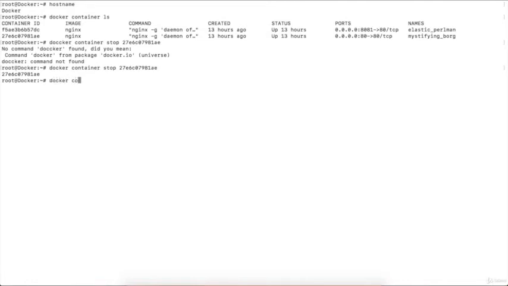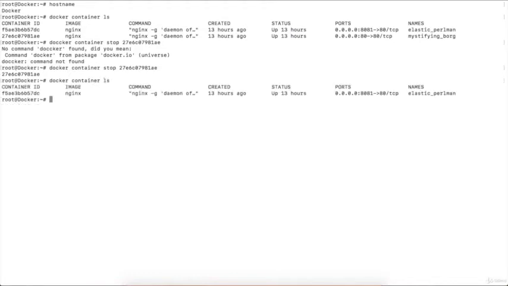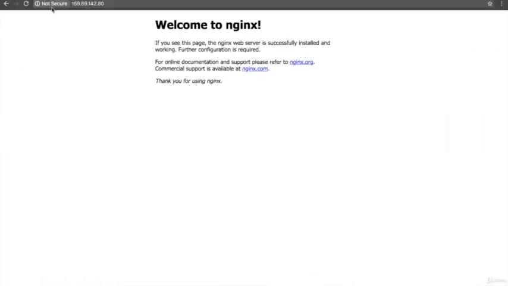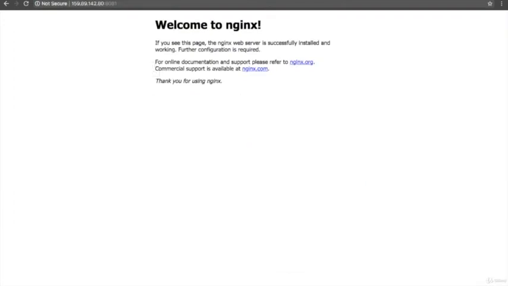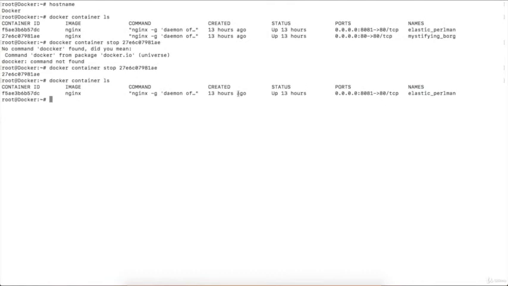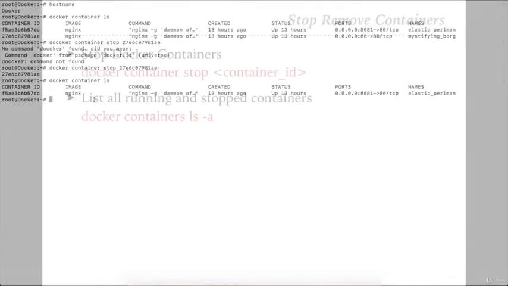Now if I will execute docker container ls, then it will return you only single container which is running on port 8081 because we have stopped the container which was running on port 80. If I will go to my browser and refresh it, then I'm not able to access it. But if I change the port to 8081, see, on port 8081 I'm able to access my nginx container because on port 8081 my nginx is still running. So this is the way how can we stop the containers in Docker, right?